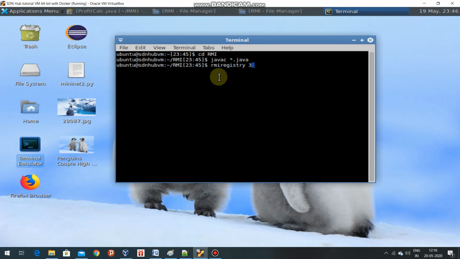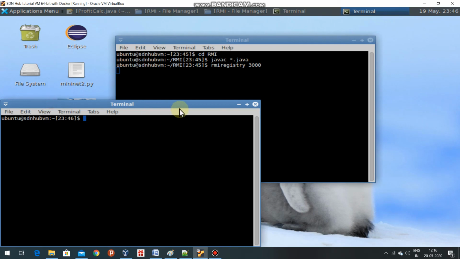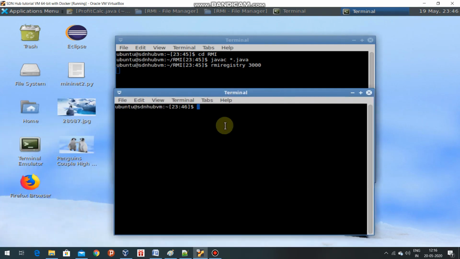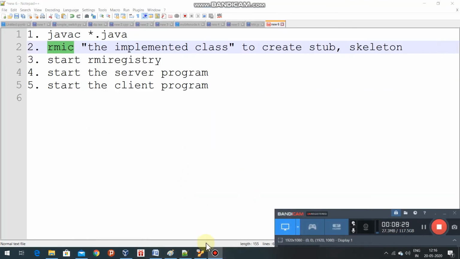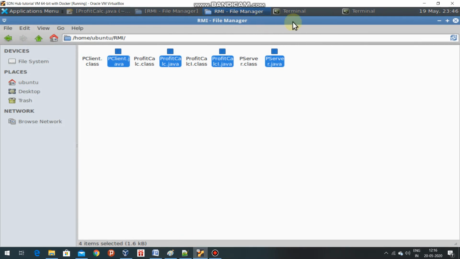I think I have given the port number 3000. Okay, so the RMI registry started. Then compile the code with RMIC. What should I create it for? The profit calc class, to create the stub.